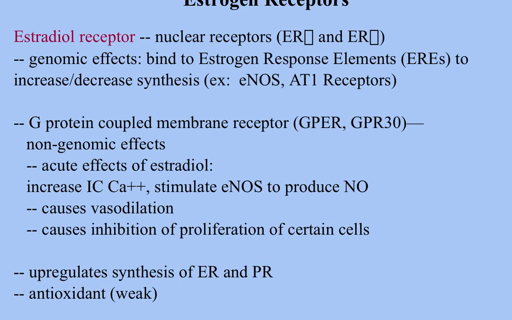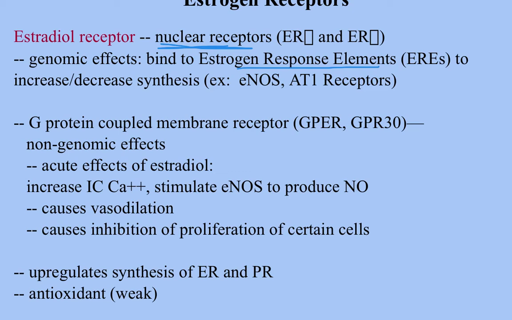All right, just like we talked about with testosterone receptors, I think we talked about that. Estrogen receptors, since estrogen is a steroid, the receptors for the estrogen hormone are going to be inside of the nucleus. That's why we call them nuclear receptors, because they're inside the nucleus. What they do is they bind to estrogen response elements, which are transcription elements that will force the transcription of new genes. The mRNA that's produced will then dictate the production of proteins, and then you will get new proteins